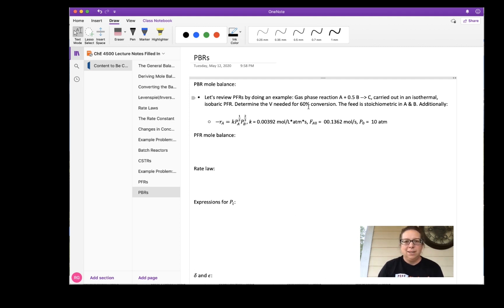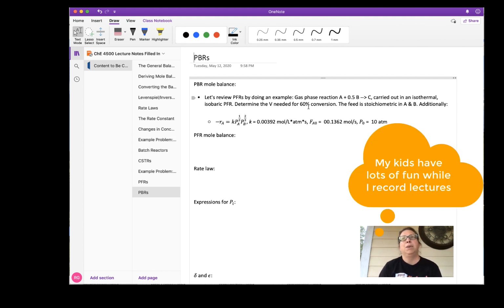Okay, so in the last lecture we applied the mole balance for a PFR. In this lecture we will apply the mole balance to a PBR. And really the PFR and the PBR are very similar. The only difference between them is that in the PBR we take into account the fact that there are catalyst